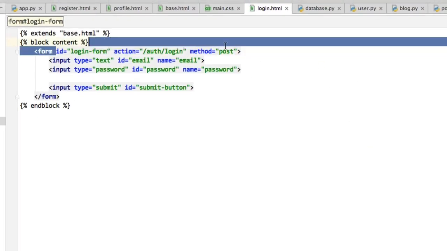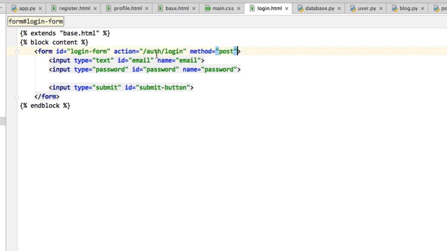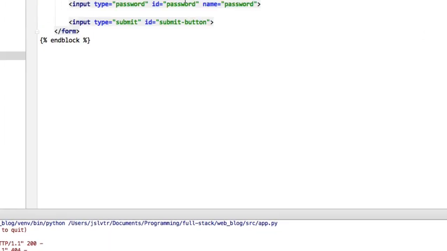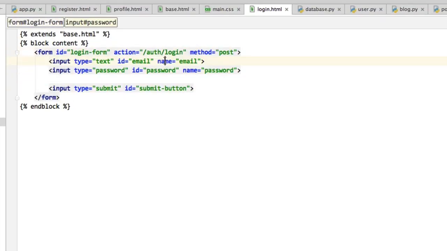Simply go to your form and then find the input type like here. So here we can see they've got form, then they've got a div, and we're going to look at what that is in a moment, and then finally they've got their input type. And notice how the class is form control for all of them. That gives them some styling. So if we find our inputs, which are these two, and then type class equals form control,